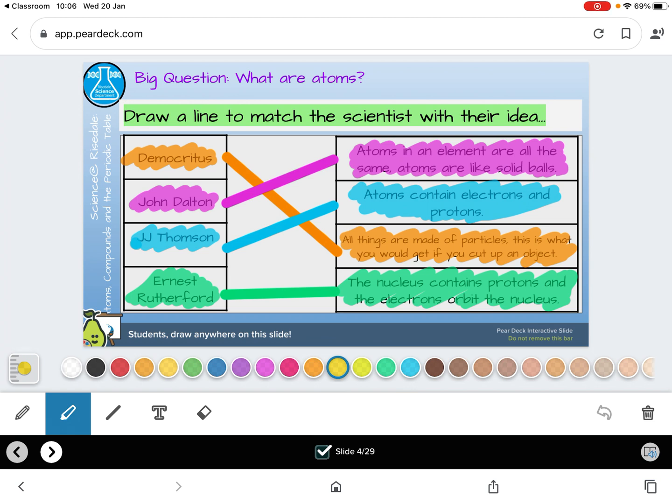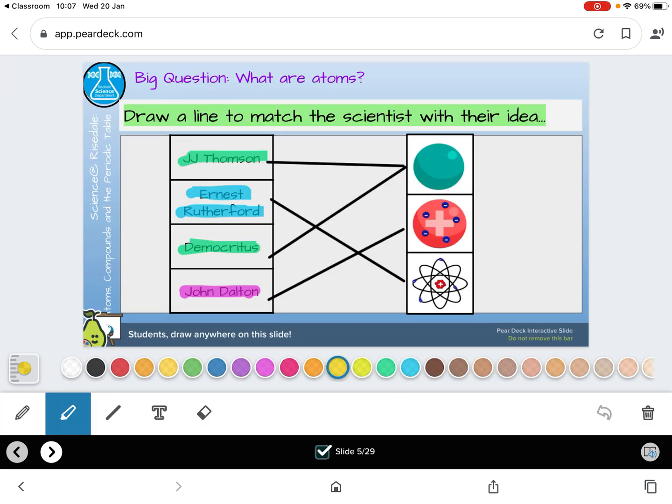The next scientist was John Dalton, and he said that atoms in an element are all the same, and they are like solid balls. J.J. Thomson a few years later did an experiment and found out that actually atoms contain electrons and protons. So electrons are negative charges and protons are positive charges. And then the fourth scientist we talked about was Ernest Rutherford, who said that the nucleus contained the protons, the positive, and actually the electrons orbited or spun around the nucleus. So if we look at pictures of their models, Democritus and J.J. Thomson